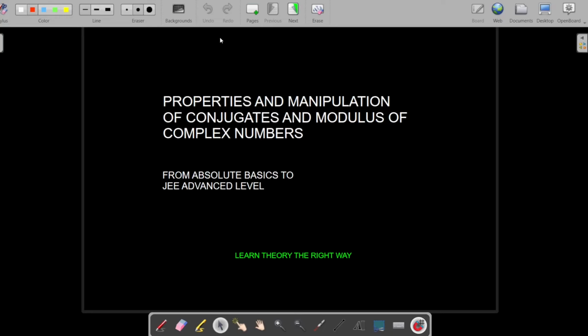Complex numbers is one of those chapters that has a lot going on in it. Many a times, there are questions that look very lengthy at first glance, but which can be solved very easily if you know all the properties of conjugates and modulus of complex numbers. Now, if you already have an idea about those properties, or if you already have some basic understanding of complex